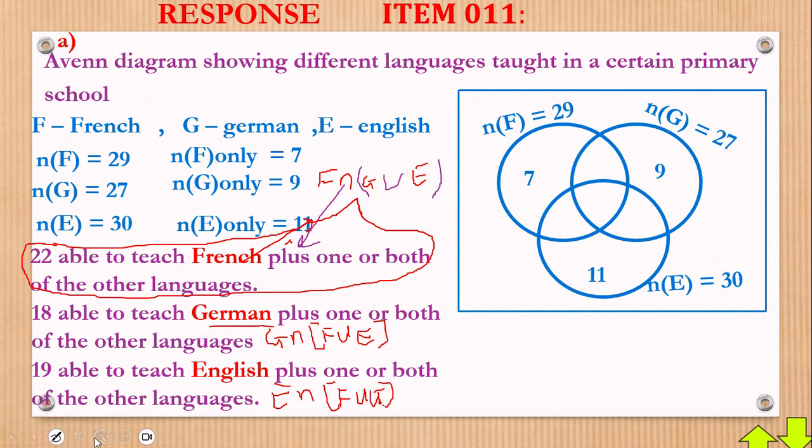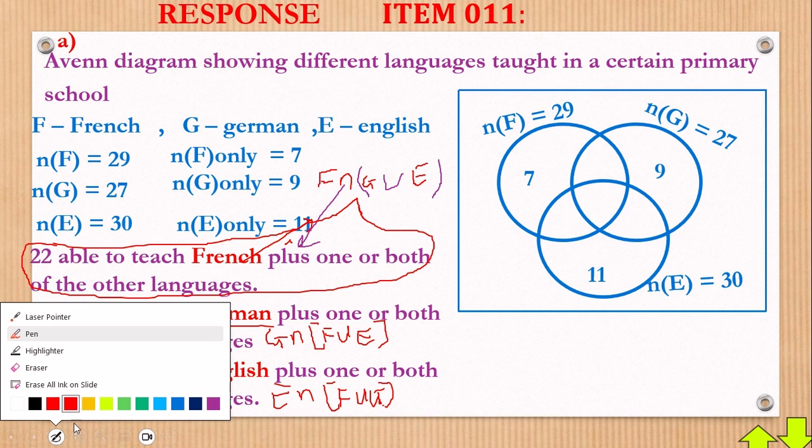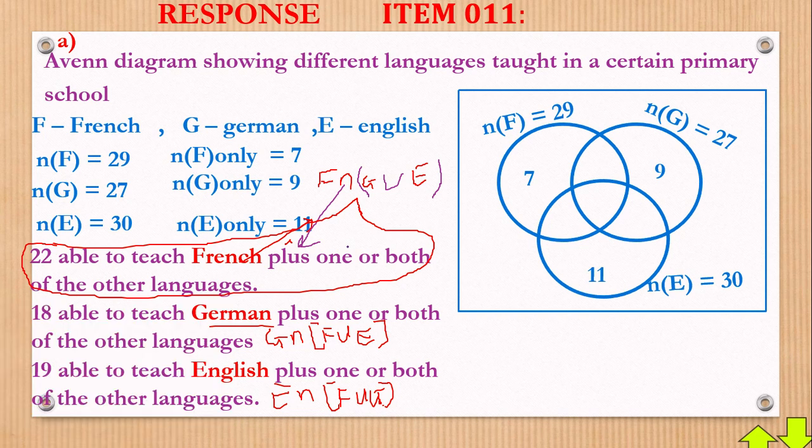Now just to break this down again, let's understand further. What does this mean? This means that you can get two things from here right away. Now I want to define this. At first you are going to take F and G, and you add the word only: F and G only. Next, here we shall have F, again this F outside, and E only.